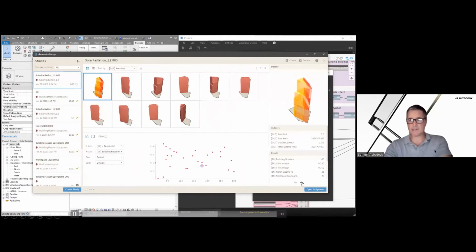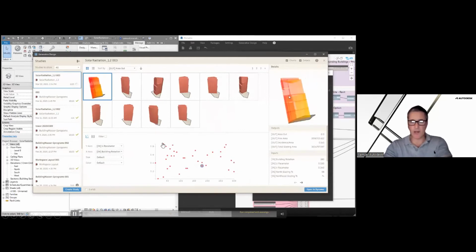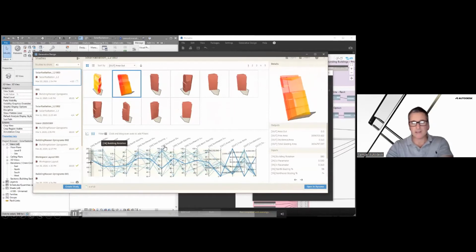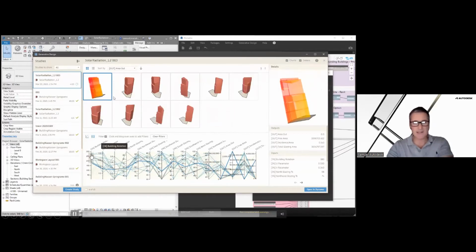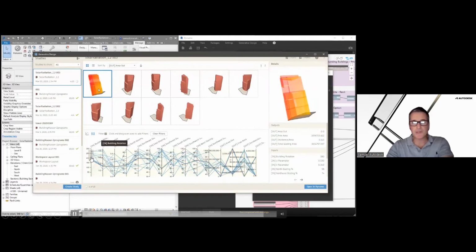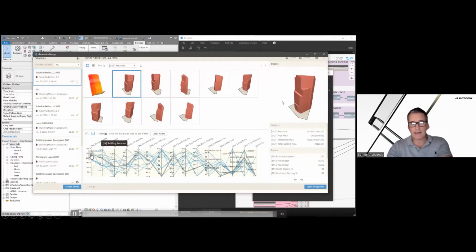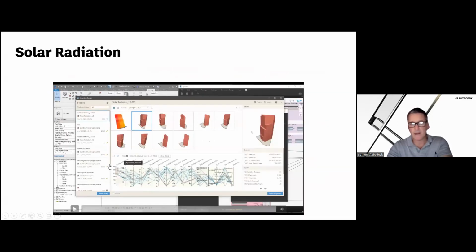So the outputs, the inputs, we can also graphically lay them out and see which one is meeting our outcome-driven design goals. We can also change that graphical output, that reading, to this type of display. So this is looking at all the facades. You can reduce the count of outputs here by clicking on these filters and then dropping it down a little bit to get a reduced number.